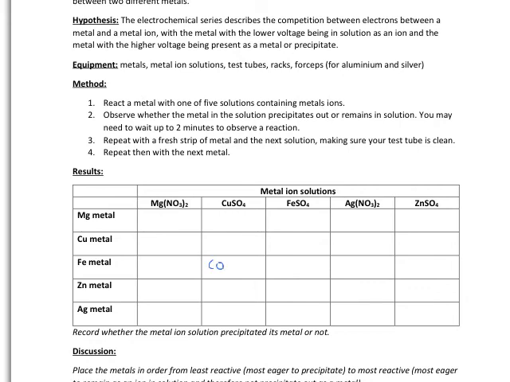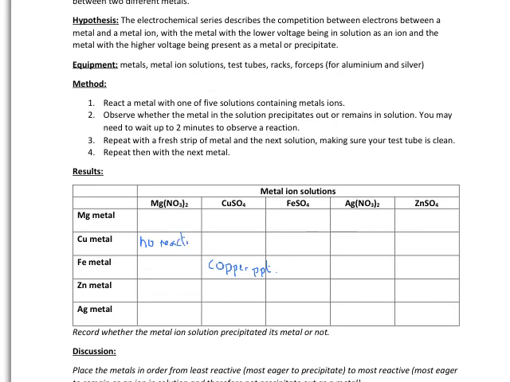Whereas for other ones, for instance, the copper and the magnesium, you may find that the copper will be totally unchanged. So here, there's no way that the magnesium will precipitate out, so you'll be writing no reaction down there. So all you've got to do is really to have a look, see what happens, and complete the table,